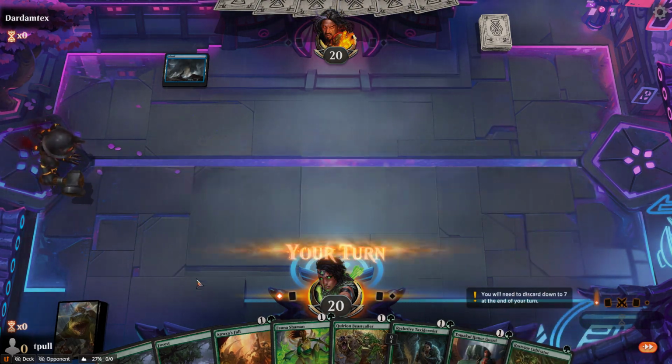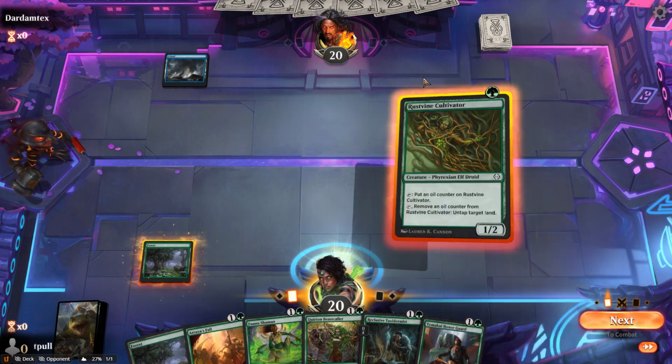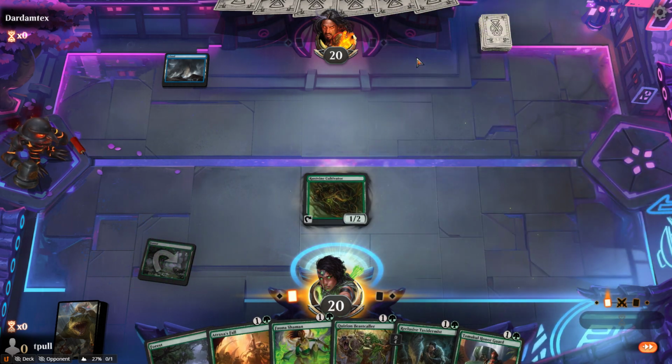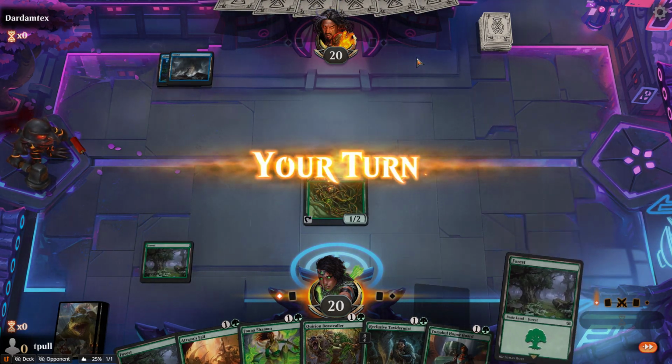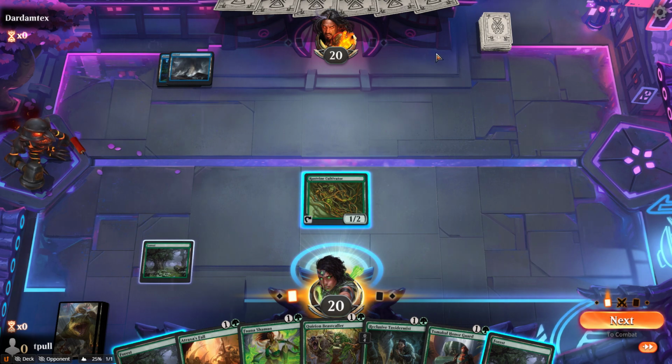Why? Because there's only 16 lands. Recently we did mono green and we went the other direction, we put in 28 lands, and that worked pretty well. But I was remembering,